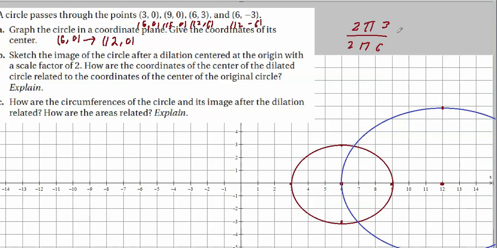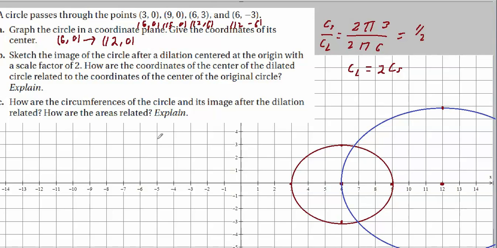Well, everything cancels. That becomes 1/2, right? So if this is the area of the small circle, and this is the area of the large circle, the ratio is 1/2, which means, doggone it, I wrote area. That's supposed to say circumference. Hang on. And we have that the circumference for the large circle is 2 times the circumference of the small circle. And if we try that with area, I bet we'll get something similar.